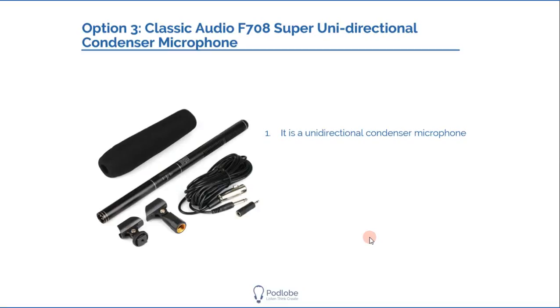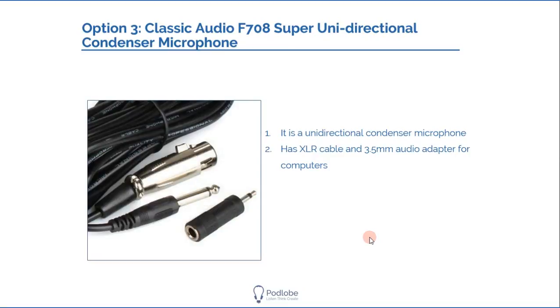But the condenser microphone is best suited for studio recording. So if you're going to get any condenser microphone for your podcast, make sure it's unidirectional. And make sure it's this microphone. Trust me, it also has XLR and 3.5 mm